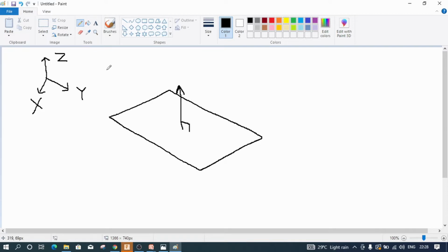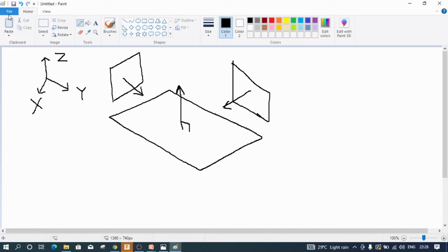And if you draw a sketch on XZ plane and if you extrude it, it is going to add material in Y direction. And similarly, if you draw a sketch on YZ plane and if you extrude that sketch, it is going to add material in X direction. So you have understood how we will use extrude command. So extrude command is not only used for adding material but also removing material. We will see that one by one slowly. And now we have understood the basic approach of what is meant by extrude command.